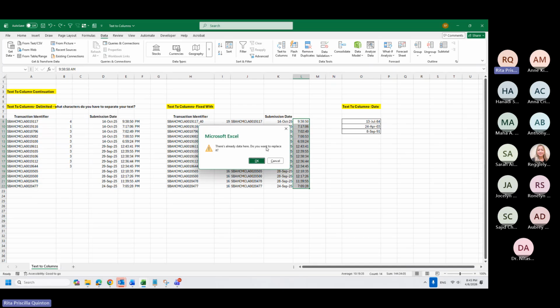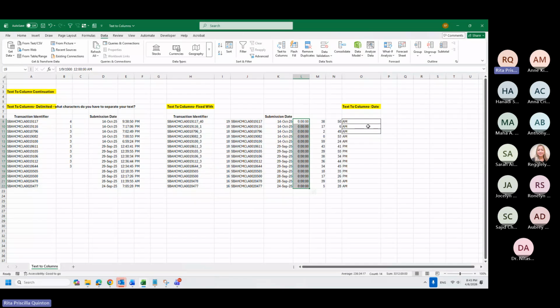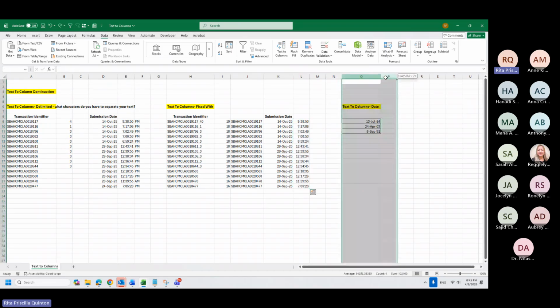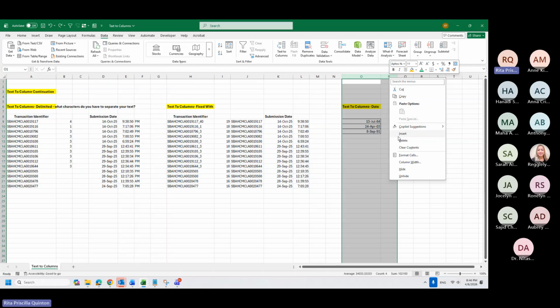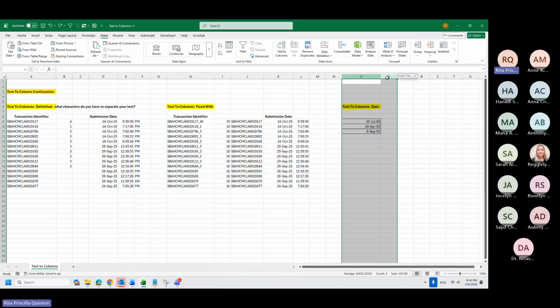Do you want to replace it? If you press OK, it will overwrite. So be careful with that one. If that happens to you, usually for me, my hands go to Control Z every time. So I don't want to overwrite that. I can go here, press enter or Control Shift plus.